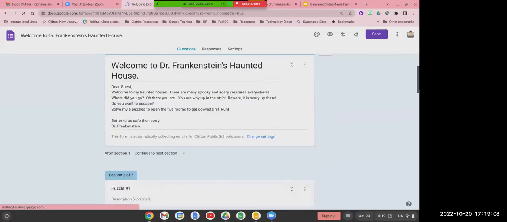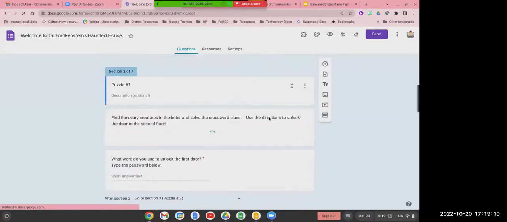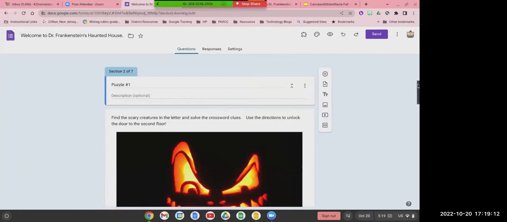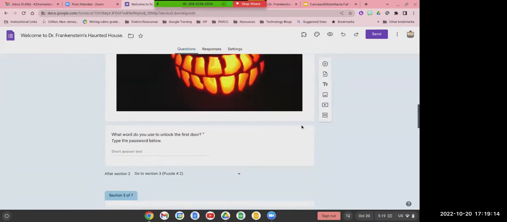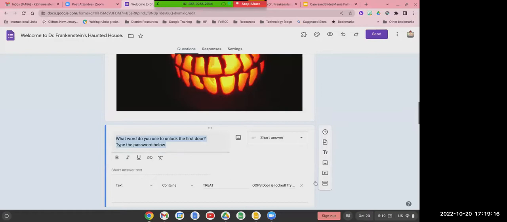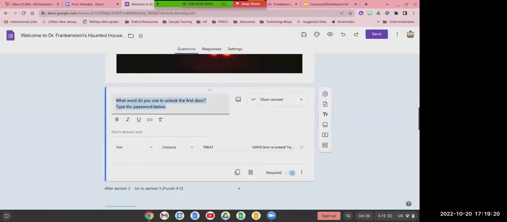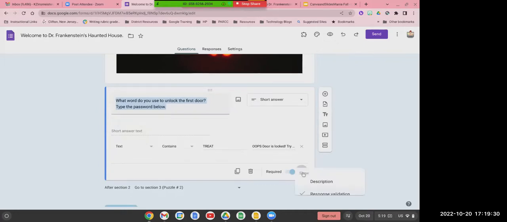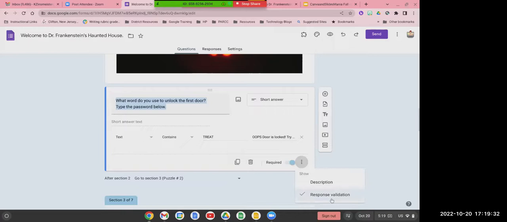This is the one that I've worked on, but it's part of the question itself. So an escape room has something called a validation. So when you create your question, and this is why I mentioned that the short answer questions are going to come up more within escape rooms, it's called response validation, and it's in those 3 dots, similar to the